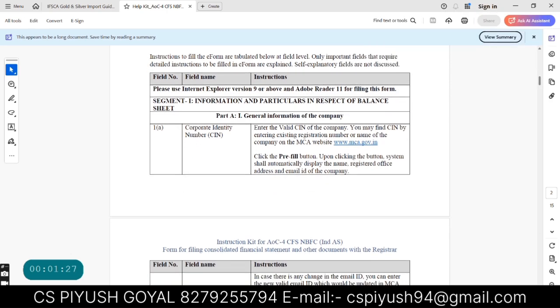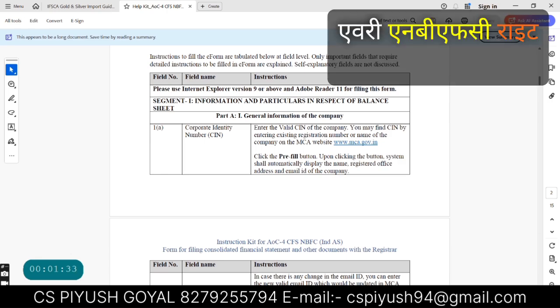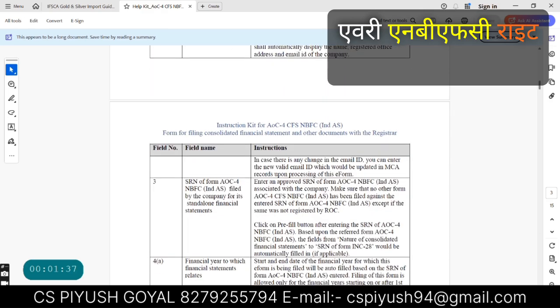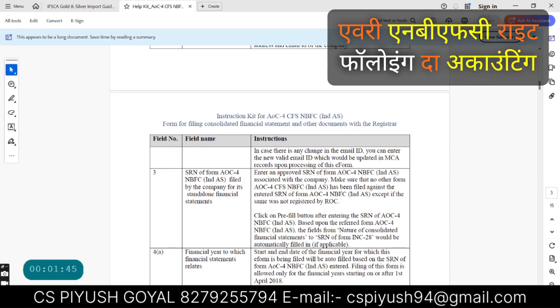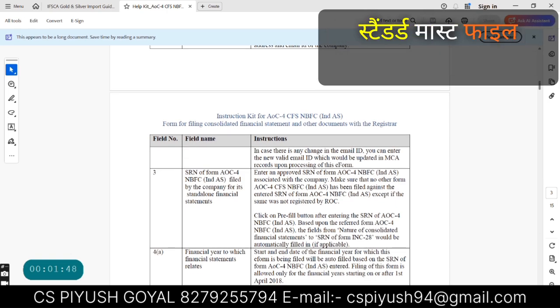First of all, log in to the MCA website, open the form and fill the corporate identity number, it means the CIN number. Then when you enter the CIN number, basic details of the company are pre-filled in the boxes, right? Then the SRN of the AOC-4 filed by the company for its standalone financial statement.